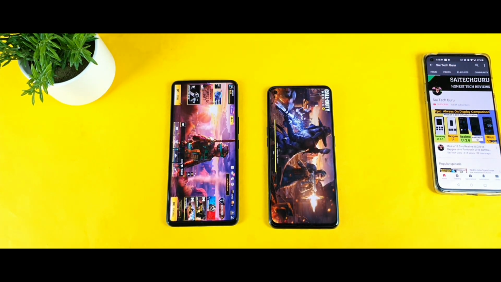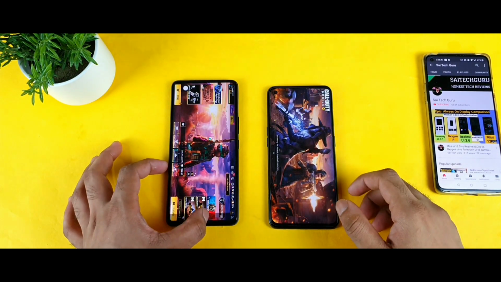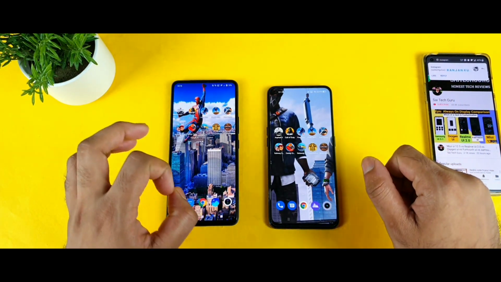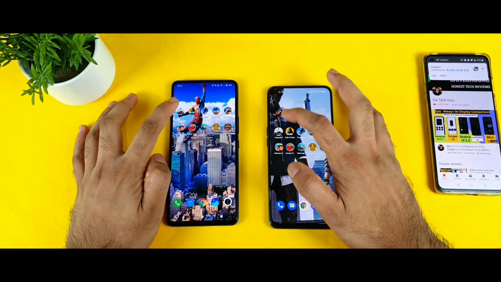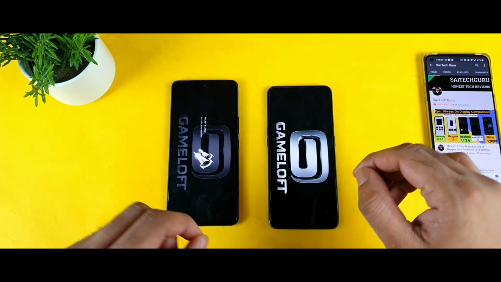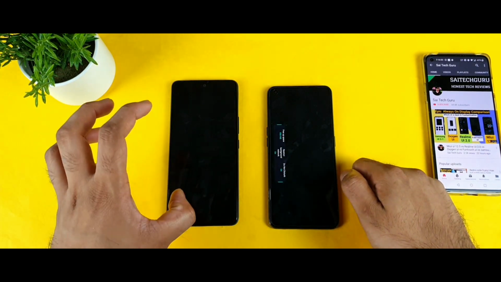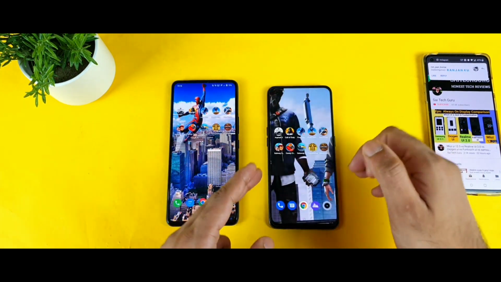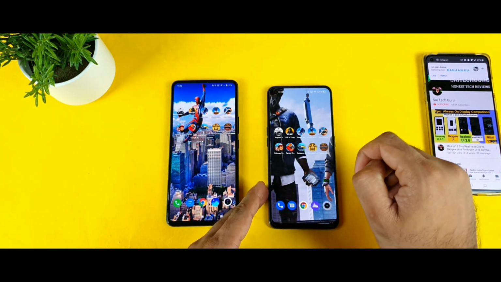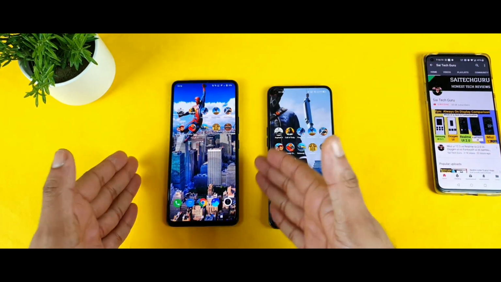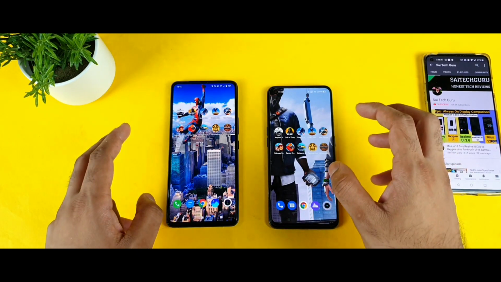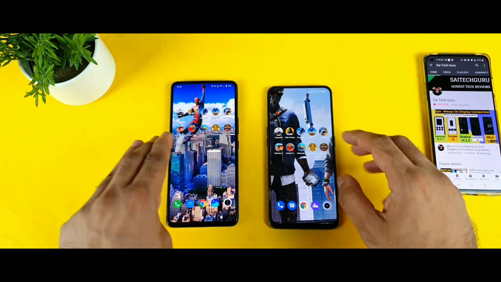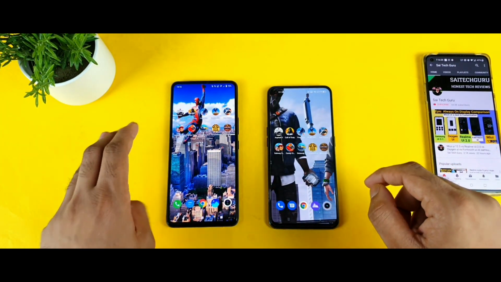Definitely this is helping a lot, I think, in the IQ7 device to achieve this kind of result. That's perfectly done. Let's see the final game. Fingers crossed, Asphalt 9. If it makes it, then definitely, friends, this is the ultimate all-round RAM management phone. Let's see, will that make it or not? Oh yes, that did not make it, but no problem, friends. 9 games did open in this IQ7 out of 10 games. That's perfectly done. So where is the Realme X1 Max? Only, I think, 6 games. So 6 games did open in the Realme X1 Max, and 9 games did open in the IQ7 device. And I am really surprised with these top 3 games: Call of Duty, Free Fire, and PUBG. These 3 games are in the background even after loading these other games. That is what I am really surprised by.